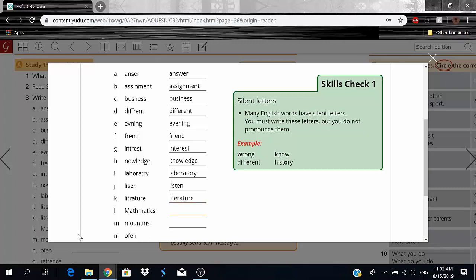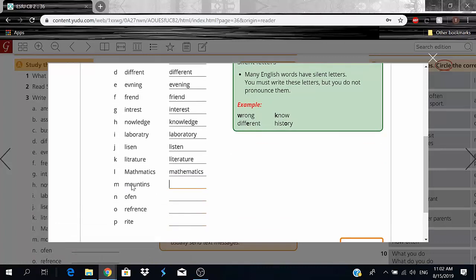Okay, mathematics. Okay, we have a missing E as well. This one looks so correct as well too. Like, for a new guy, this will seem like it's totally normal, but we're missing an I. So mathematics. Okay, mathematics. Here we have mountains. Mountains has a missing A here, or a silent A, I should say. Mountains.